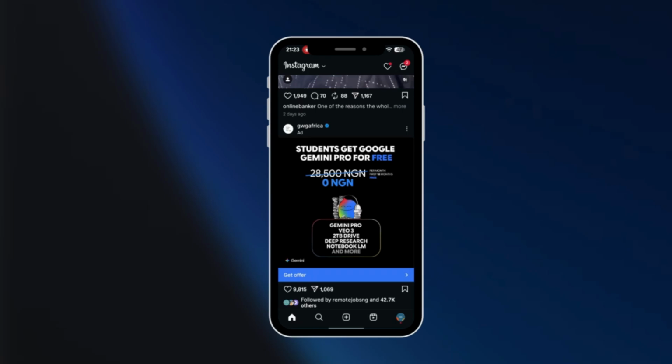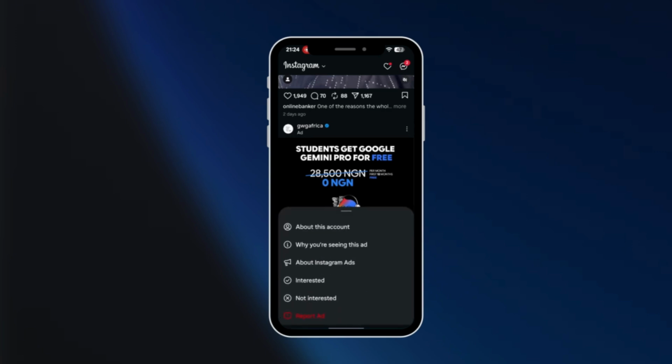Hello guys, in this tutorial we'll be guiding you on how to hide posts from Instagram authors you don't want to see. So say we don't want to see this ad from GWG Africa, so we're going to tap on the three dots at the top right corner of this post, tap on it, and then you can say not